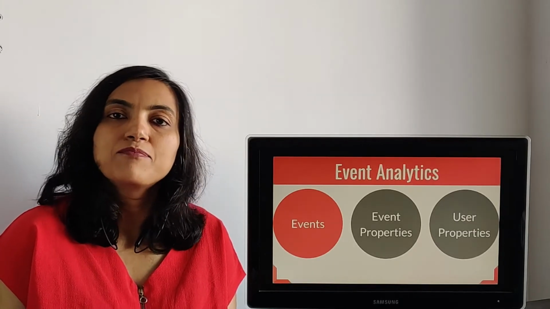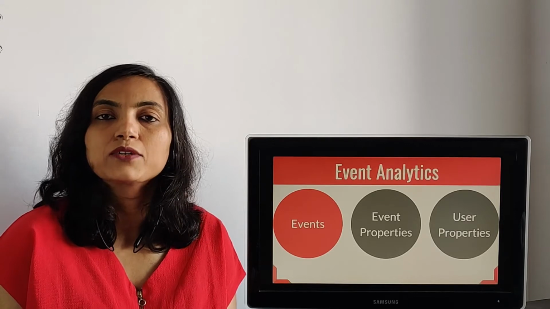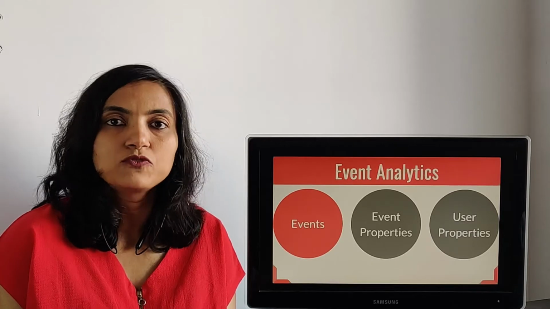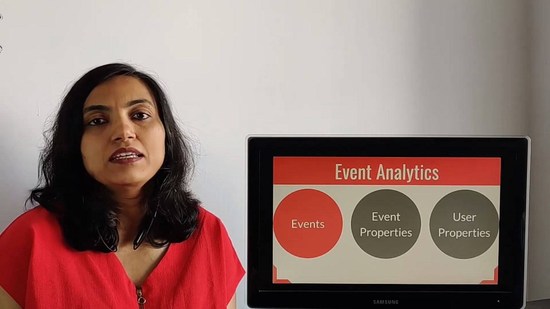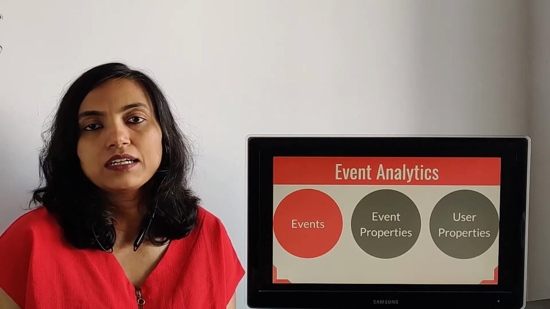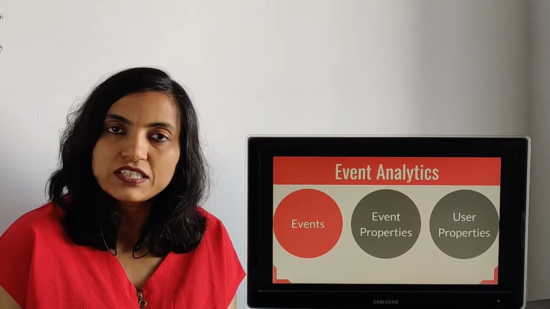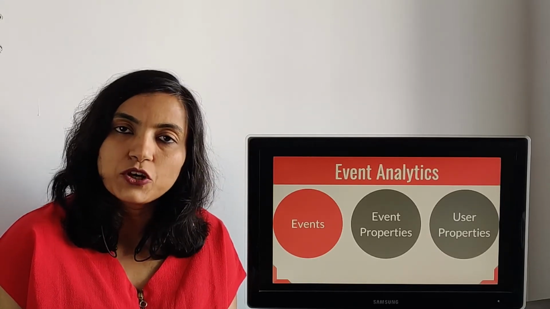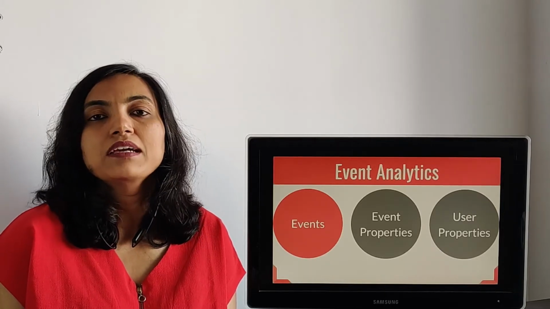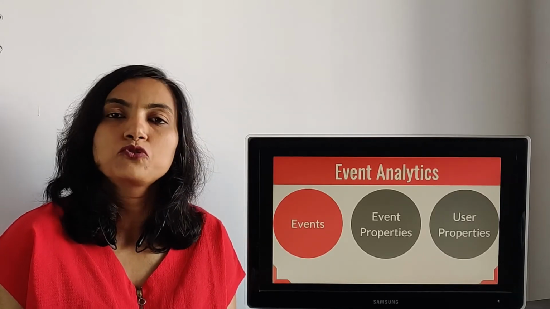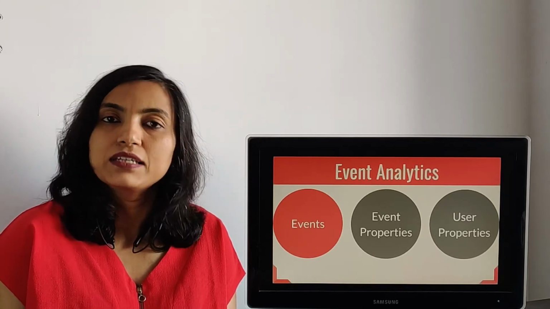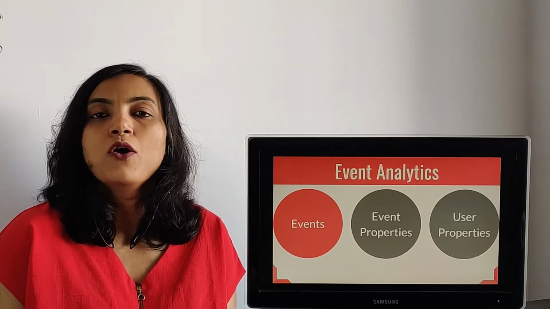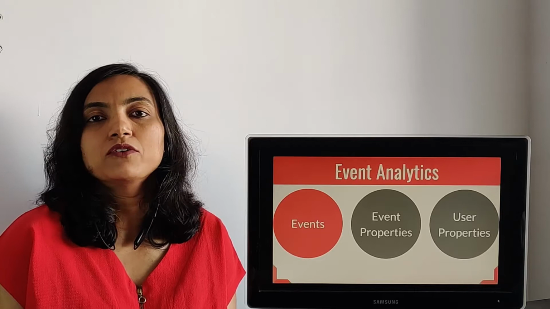So designing and implementing events data is an integral part of the product development process. If you are the one who is integrating an event analytics tool for the first time in your product, then you will need an engineer who is the tech owner of the entire process. If you are launching a new feature in a product that already has event analytics integrated, then you want to ensure that you design the events well and make this a part of the document that you use to convey requirements to your engineering team, whether it is a PRD or a product brief or user stories, whatever it is that you use.